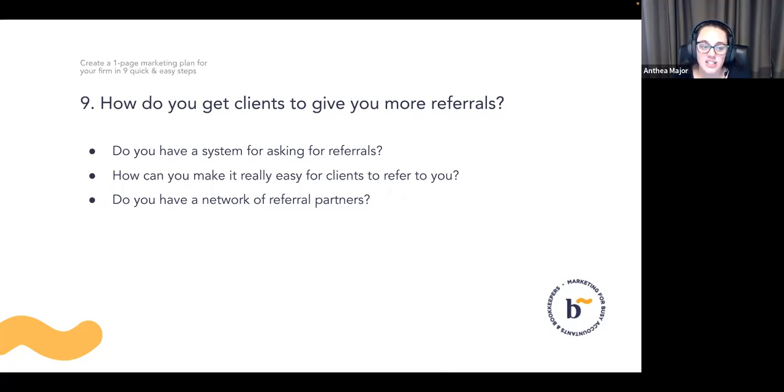And it doesn't just have to be clients, of course, that give you referrals, as most of you will know. You should be developing a network of referral partners too. If you're a bookkeeper, that might be a local accountant. It might also be advisors, like a financial advisor or a lawyer. Your local networking groups, definitely go attend those and see who else you can speak to as well.